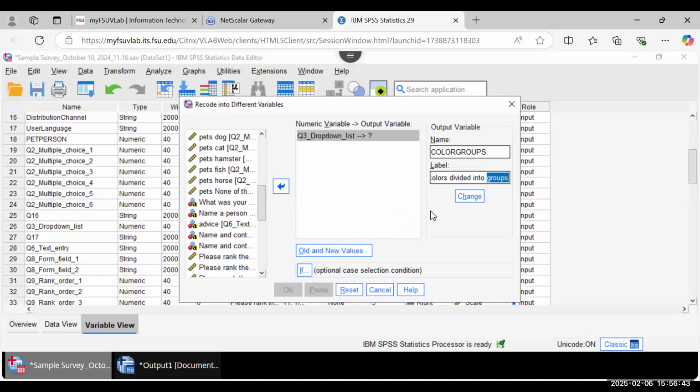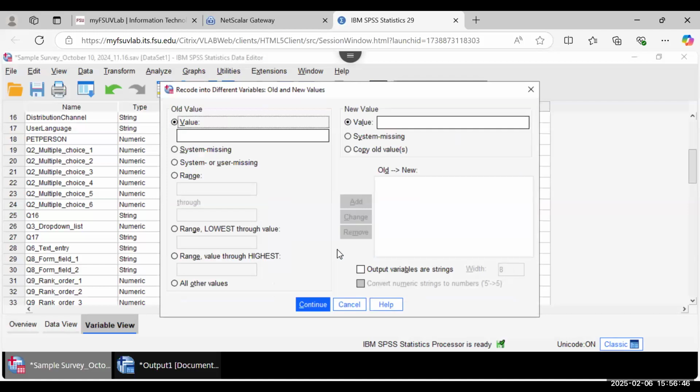So then the next thing I want to do is tell it old and new values. So the value of red, click on here. That's not typing. Maybe it wants me to click on here first. Let me go back. If I was using numerics, I could just tell it a range, like what I just said, from 1 to 12,000, recode that as poverty. From 12,001 to 24,000, recode that as low income, and so on and so on. But because I'm not using numerics,